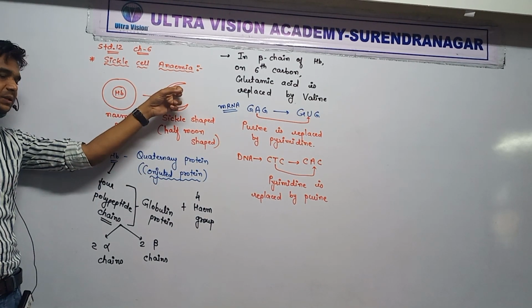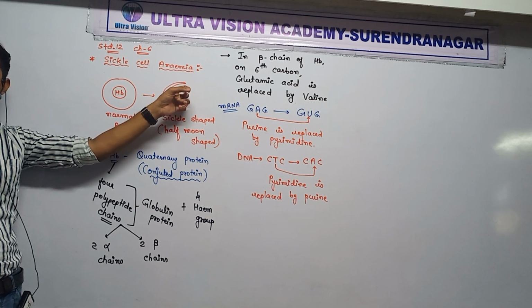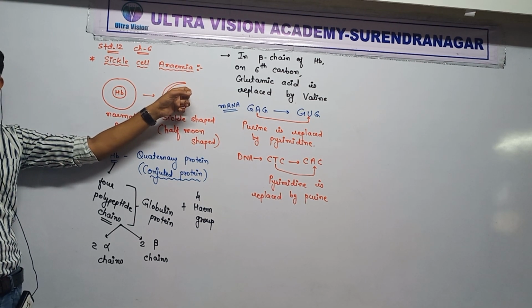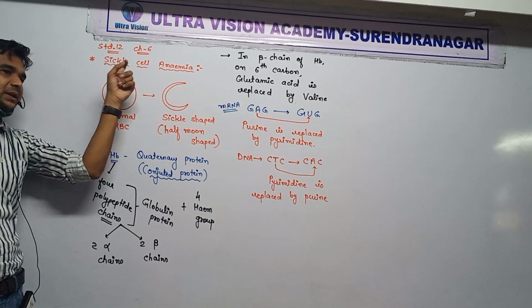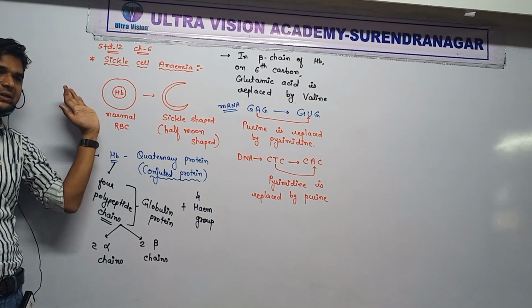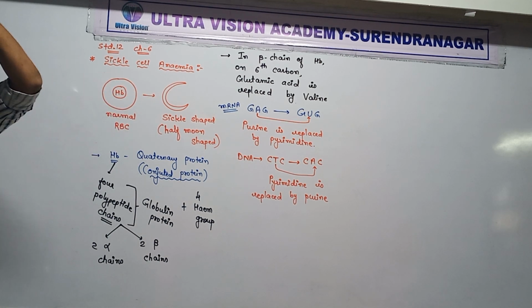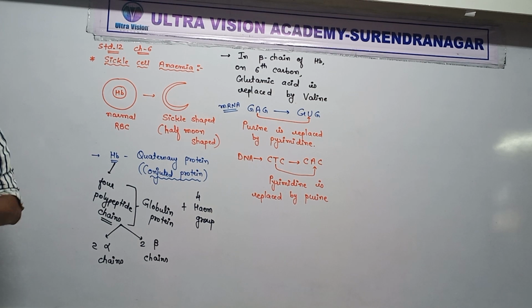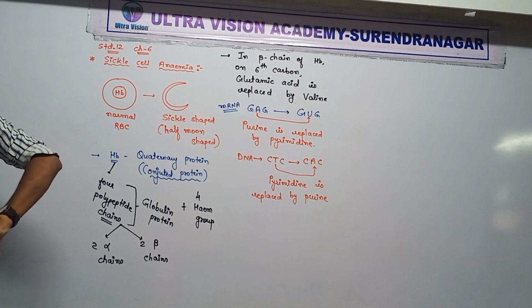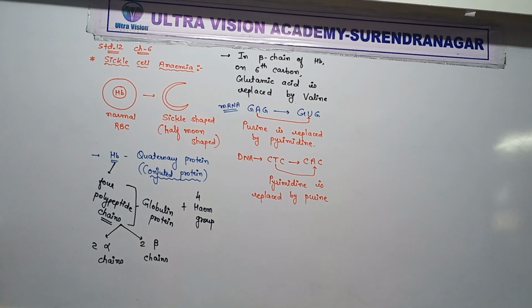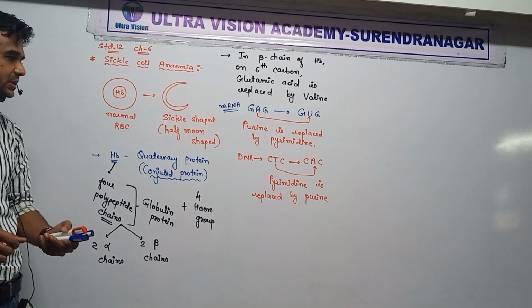Fine. So hemoglobin is absent, and along with that it is not normal RBC. We say that RBC is round in shape in normal size. This is the superior view or inferior view. When you see the RBCs from the topmost, RBCs are round in shape. Whereas when you see the RBCs from the sideways, RBC is biconcave. Fine. So now let us discuss in detail about sickle cell anemia.